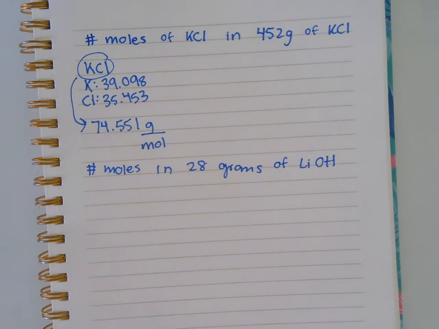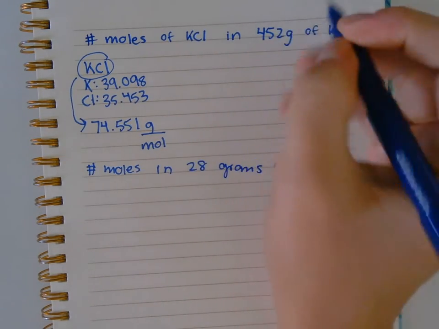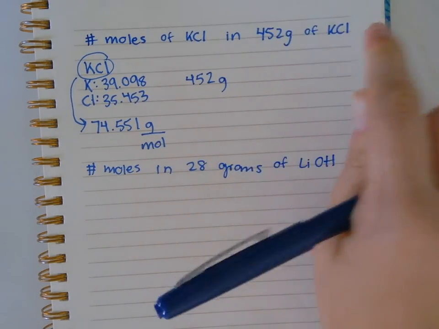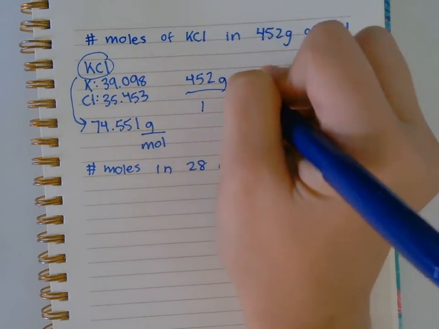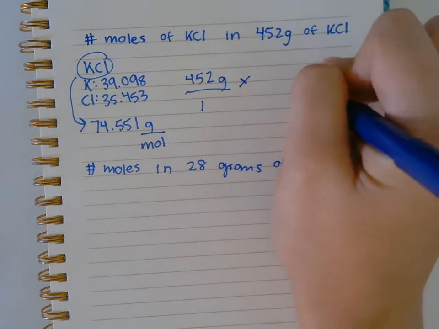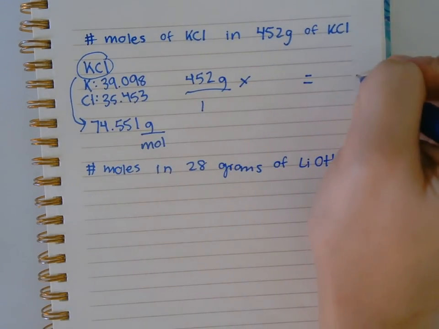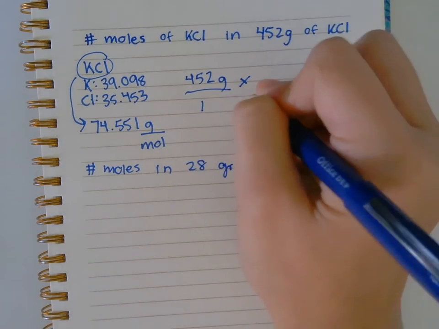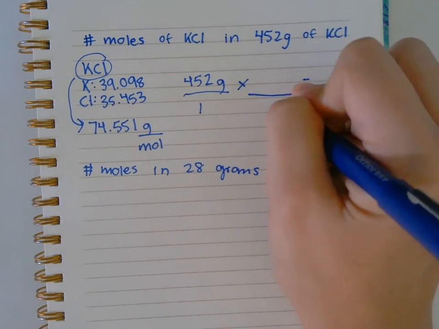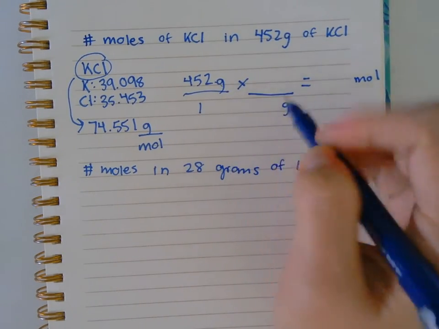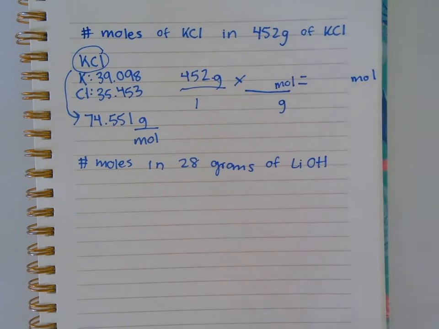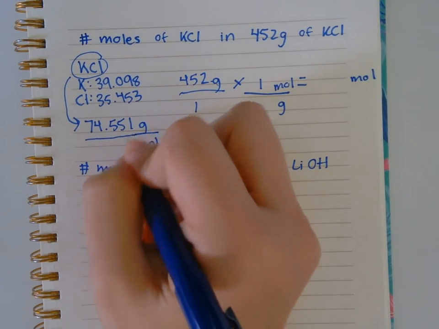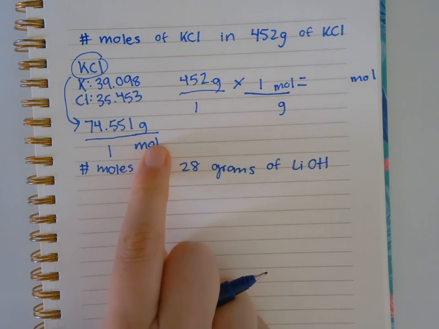So now we can go ahead and set up our dimensional analysis. If we have 452 grams of KCl over 1 times, I know that my answer has to have moles in the end. So I need to get rid of grams. And how do I do that? Well, I put grams at the bottom so that I can cancel them out. And that means moles have to be on top. So in 1 mole, right, because if we extend this, it's over 1,